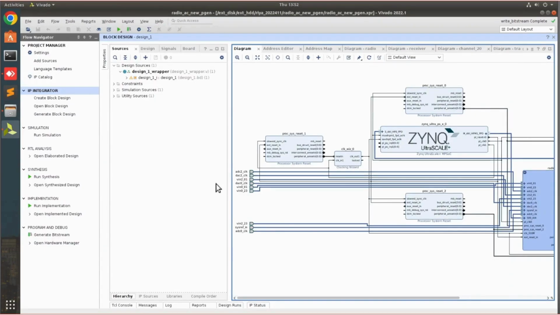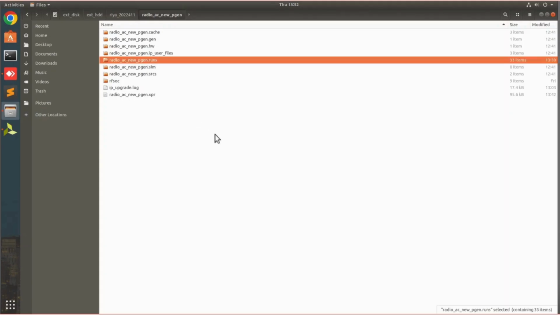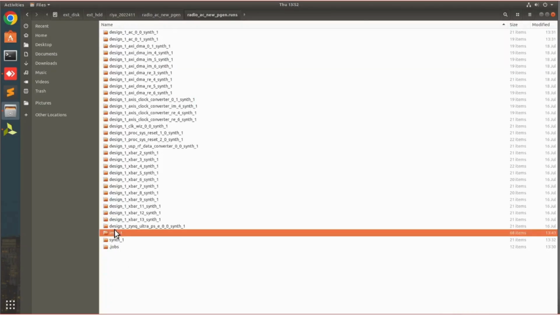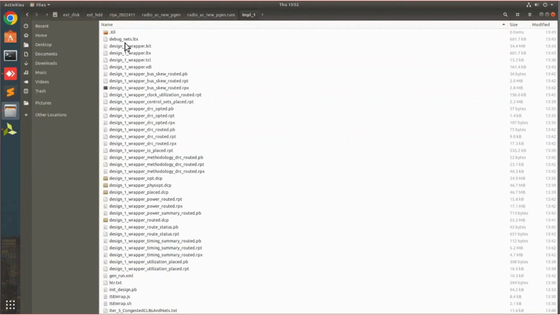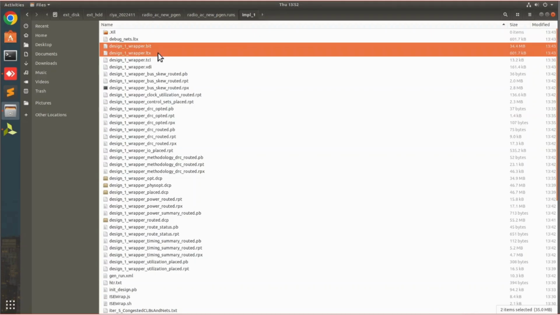So once our bitstream generation is complete, we want three files: the bitstream file, the hardware handoff file, and the LTX file. So for that, we're going to go to our file system, wherever this project is, and then we're going to go to the project.runs folder. We'll go to implementation, and here we can find the bitstream and LTX file. So we're going to copy them,